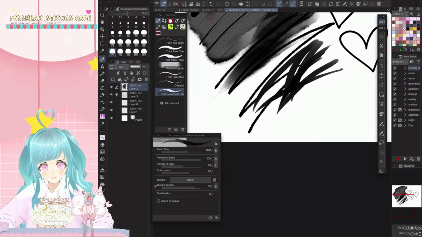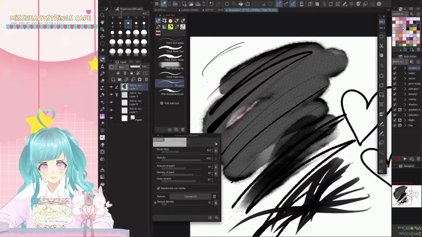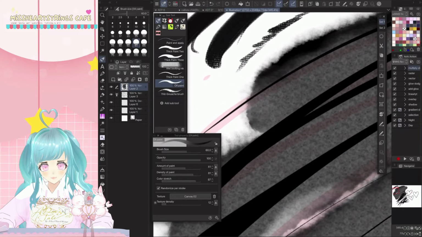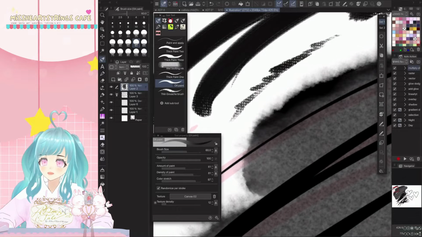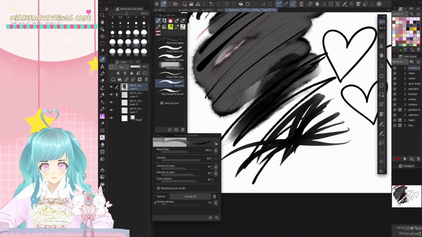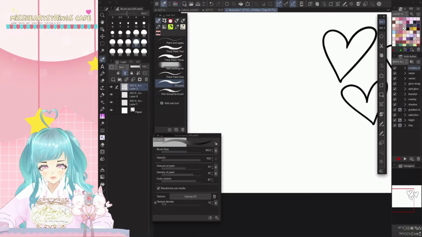Okay, and this one is the thick gouache brush. Okay, if you want an oil pen, there you go. Let's see, if I lighten the texture, you will see as if we are drawing on paper with that texture. That's really, really nice. Now, I'm going to delete this one, okay, because I wanted to talk about the